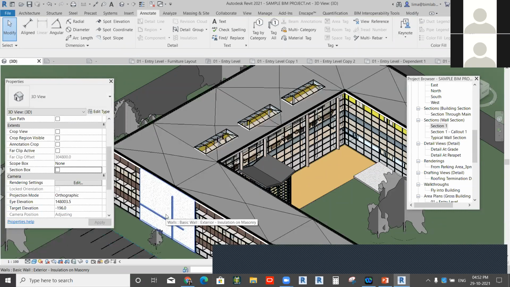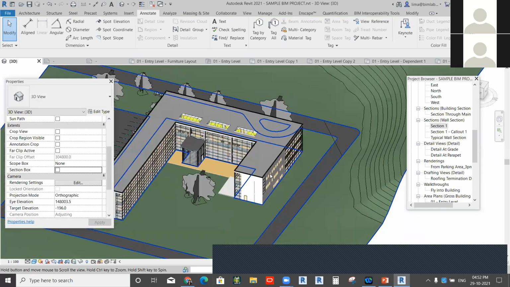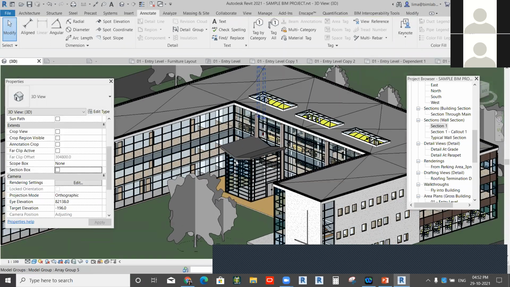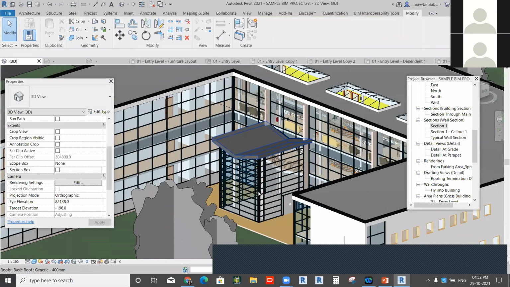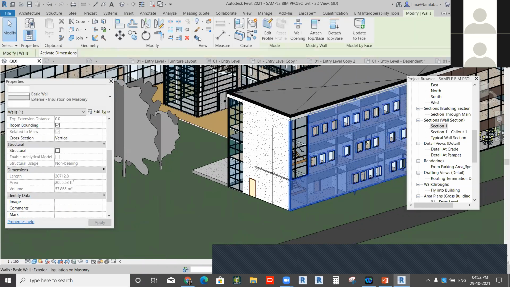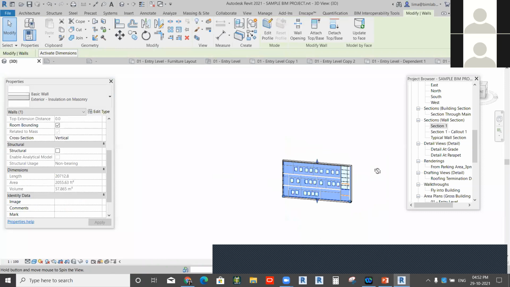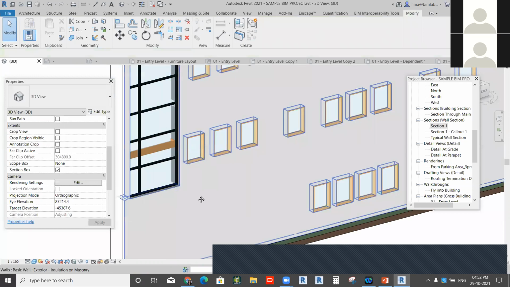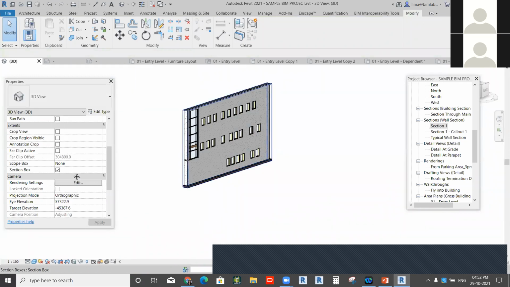So another one is the selection box. If you want to isolate anything in the 3D, you can go to the Modify tab. If I choose any element or any portion, that means if I choose the wall and want to isolate that item, you can go for the selection box. So it will be isolated and you can edit anything. And for the previous view, you need to untick the section box. That's the difference. You choose the selection box, but for going back to the previous view or quitting that command, select the section box.